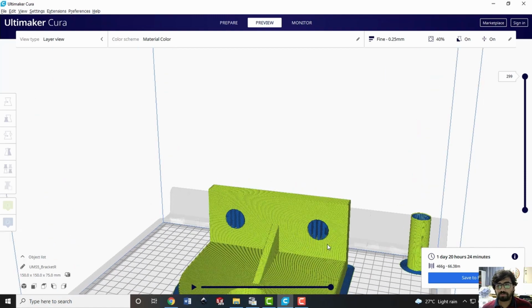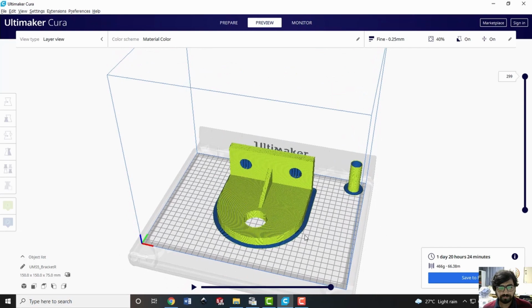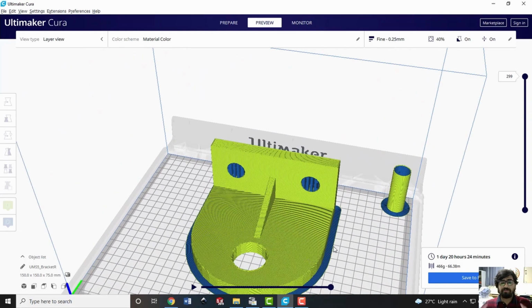So what is the purpose of it? Let me just try to explain this to you. As I have a support on the base side from the side of the base plate, when I deposit on the part, maybe on this portion, there will be less chance that the part is going to move in the XY plane. The brim support will support it from all the sides in such a way that it will make sure it is not going to move anywhere while depositing the material on top.